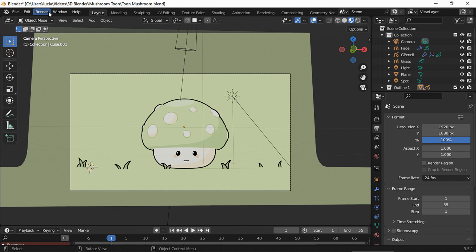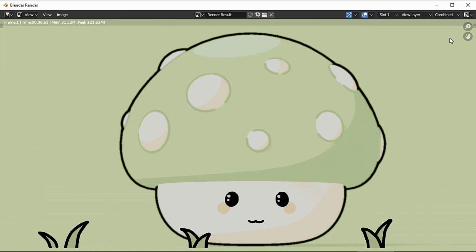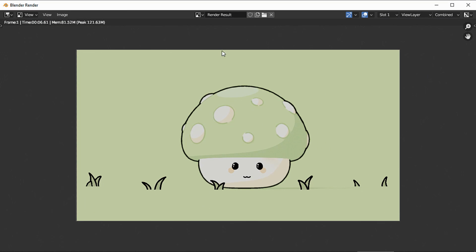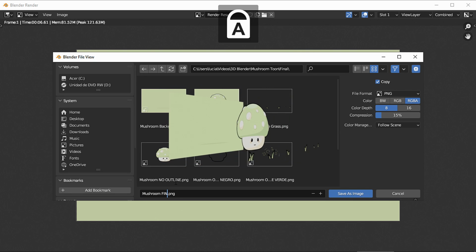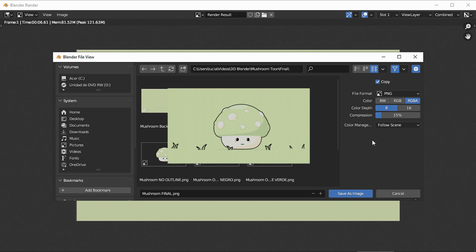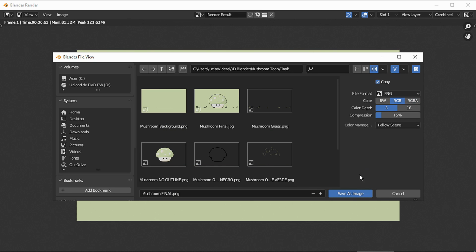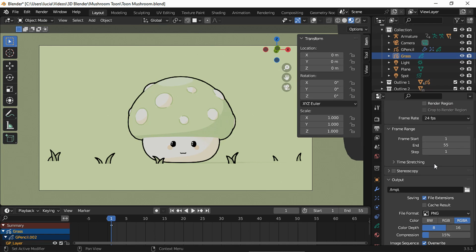Now it's time to render our project. If you're happy with how everything looks, you could just render it as one image and that'll be all. I will render each object individually, so I can later have more control in the compositing stage, and because I want to maintain the mushroom with this lighting, but I want the background with different lighting. If you didn't save your project, do it now, since we are about to make some changes and I don't want you to mess up the project.